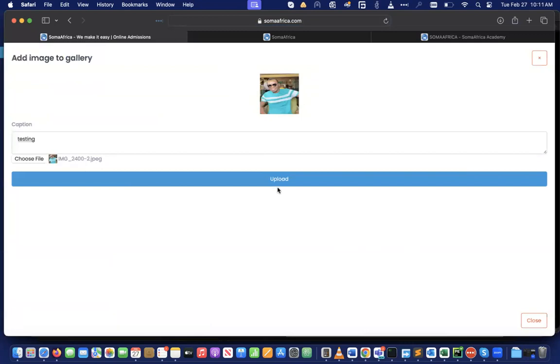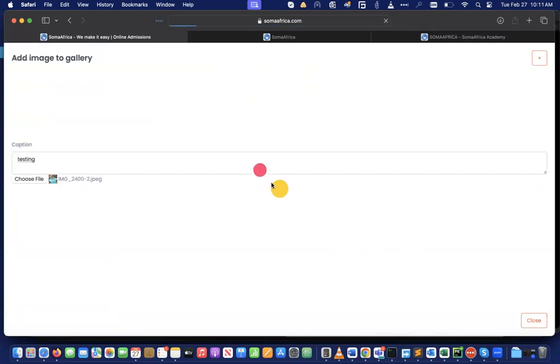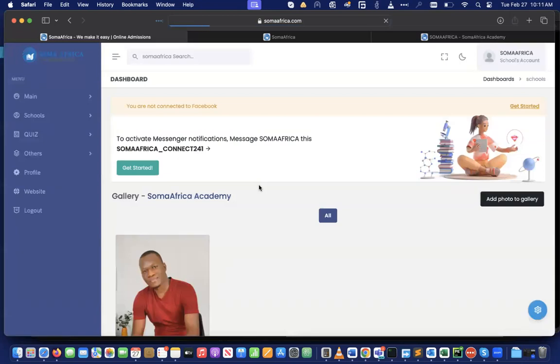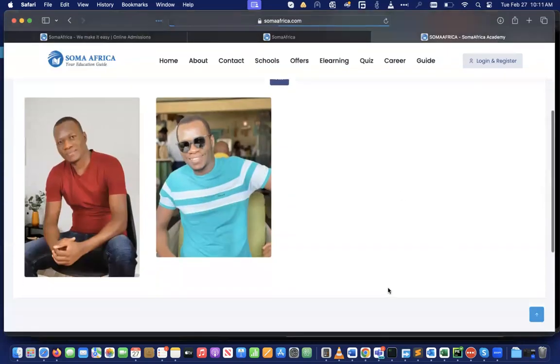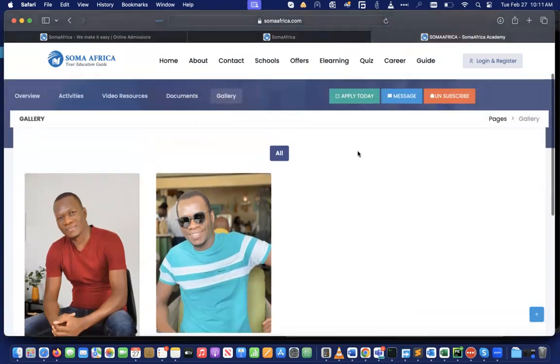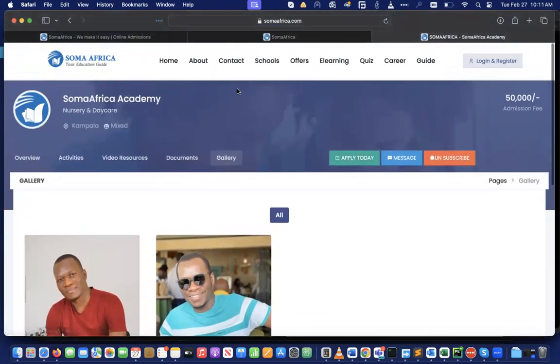Just be sure that you're adding a photo in the format of a photo, either JPEG or PNG. And when it is successful, you'll see it here inside your account. But most importantly, even the people who come to your page will be able to see everything. So schools can use this to post photos about their school. Basically, we're using this mini page to market the school, but also to keep all the resources of the school